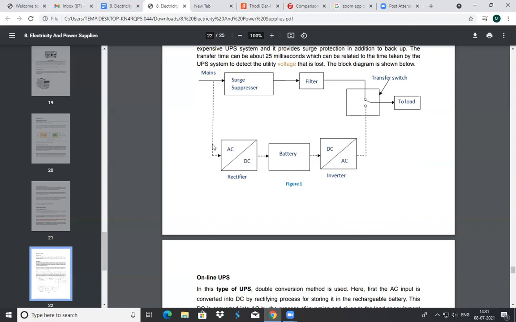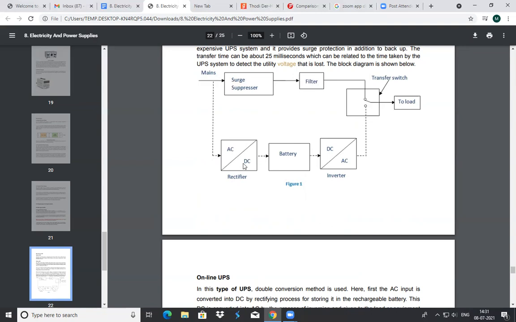Now what is this line? Look at this picture. This box is the rectifier, the second is the battery, and the third is the inverter. When there is main power supply, it goes to the load or the electronic component, and at the same time it also supplies power to the UPS. The UPS has a rectifier, which converts AC supply into DC.